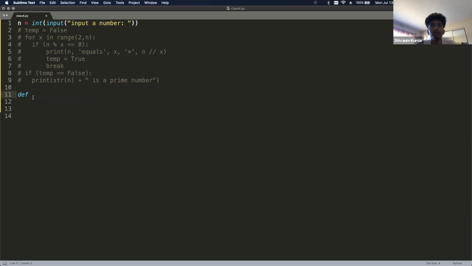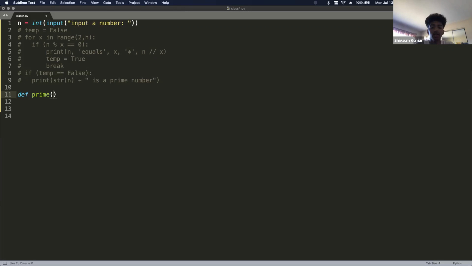So the way you start a function is using these 3 letters right here, def, which basically means define. So you're defining a function, and the name of your function comes next. You include a space and then you put prime. Prime is just the name of the function. I can call this whatever I want. I can call it check prime, or find prime, or something like that. You can name it whatever you want. I'm just going to call it prime for now.